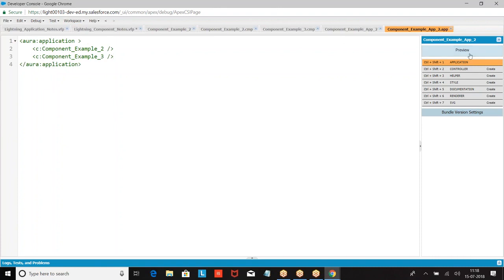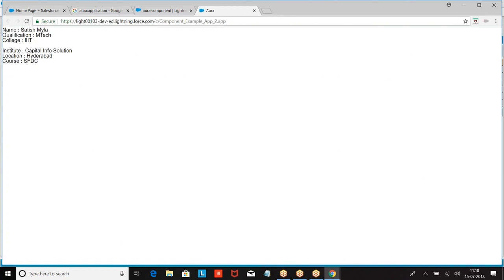So we are invoking multiple components within this. We are defining components, multiple components we are using. So application is a collection of components, right? So we can design multiple components invoked within the application.